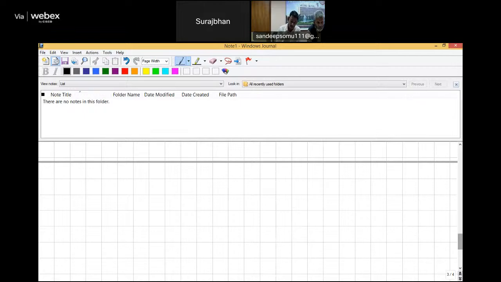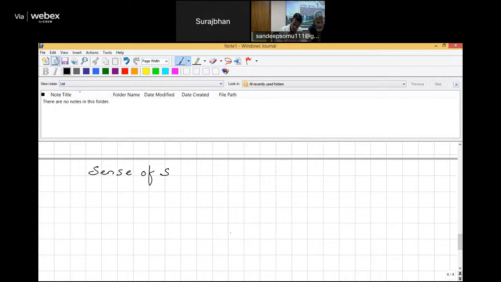To determine the sense of rotation, the sense of the symmetry operation, we calculate the determinant of